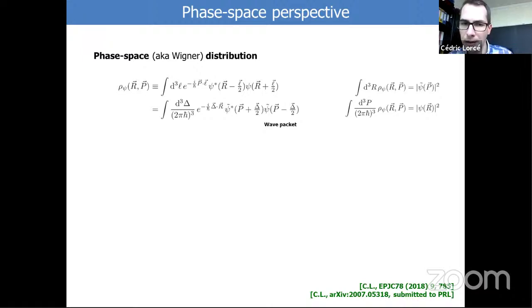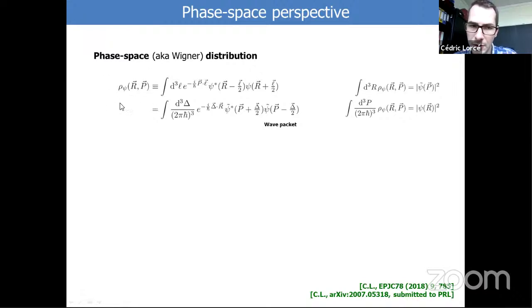It's always the wave packet of the initial state and the wave packet of the final state. So instead of working with the wave function of the initial wave packet and the final wave packet, you can always consider the combination of these two. Any observable will always be combined with this and do a certain Fourier transform.